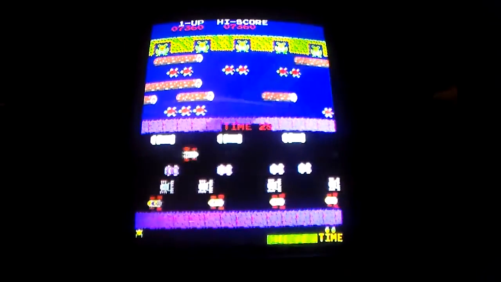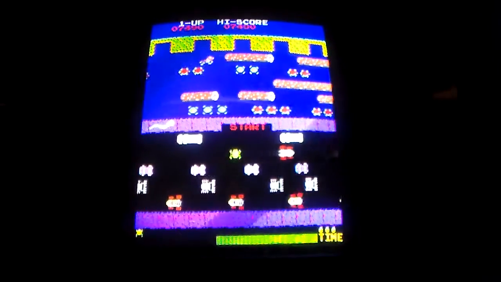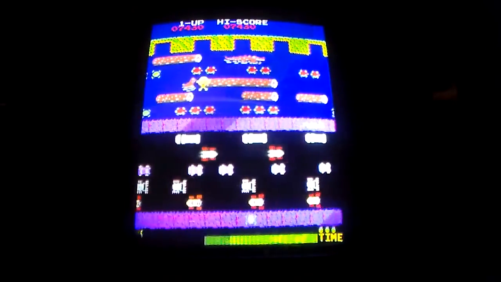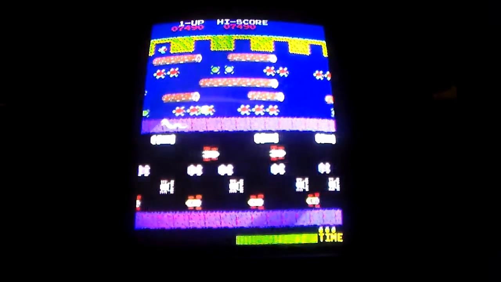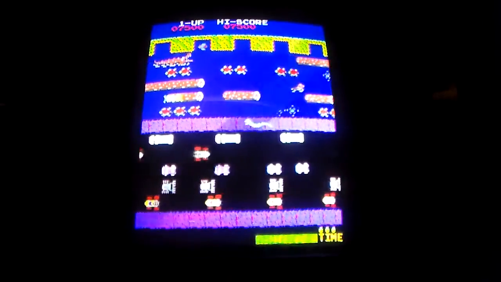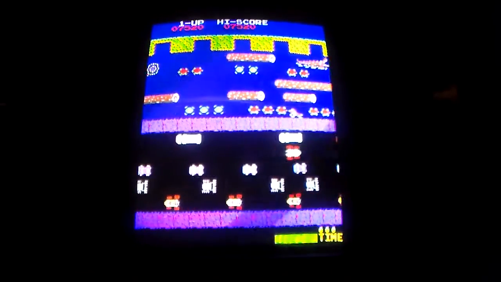All right, level 3. This might be all she wrote. Oh, sea otter. Now that I know he's there. Oh, they got me. All right, so there you go. That's Frogger. Everybody's played it. But now you've seen it on the original cabinet, the way it was back when it first came out,